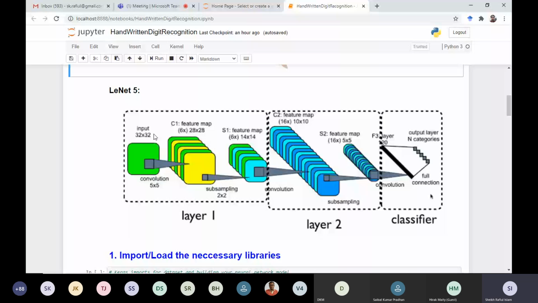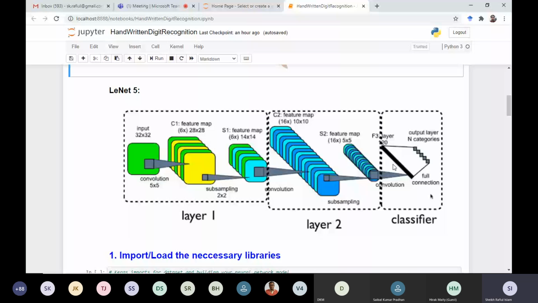So if you consider this dimension here, you need to pad zeros. There the padding value is 2. So to use this network, first task is to pad this.